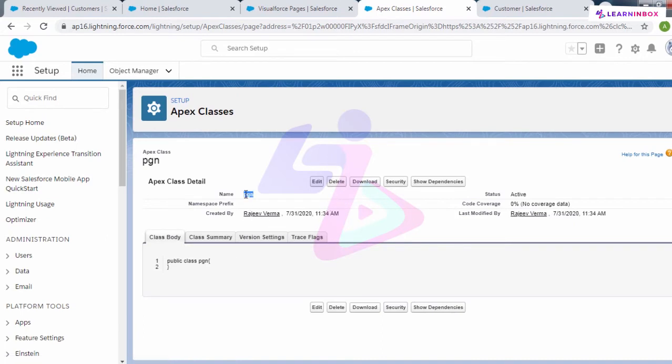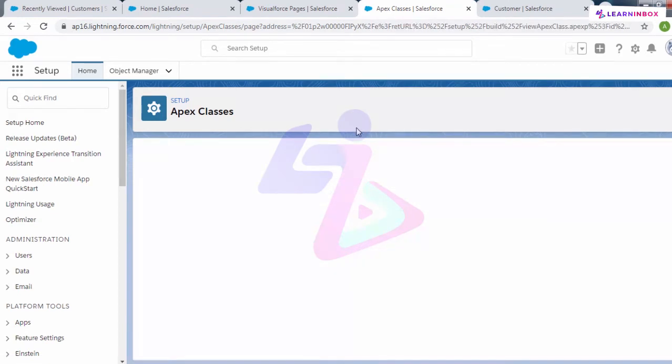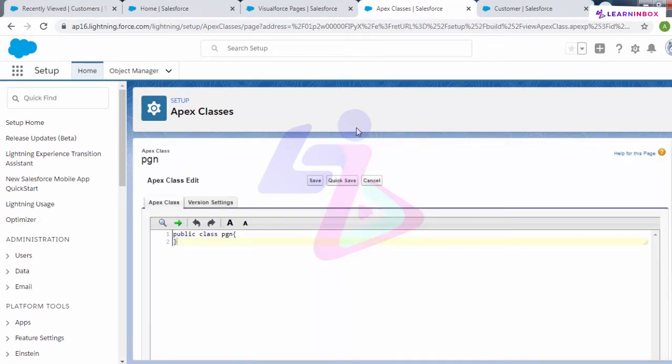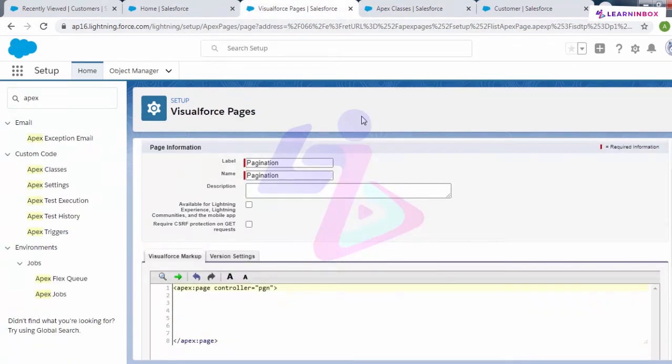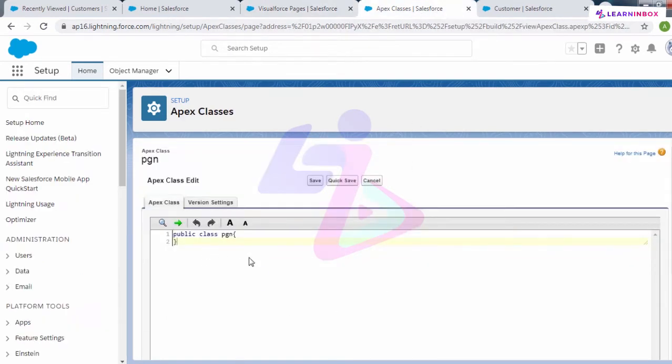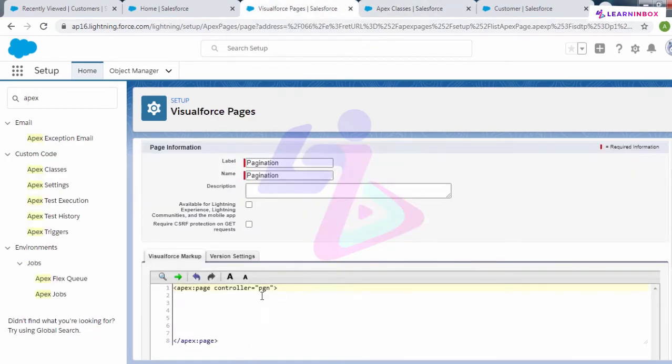Okay, the name of this Apex class has become PGN. Okay, and we'll edit it simultaneously as we go through our Visualforce pages. So here we have a Visualforce page and an Apex class related to it, associated to it. So let us continue with our Visualforce coding. Inside our apex:page tag, we have to now create an apex:form.